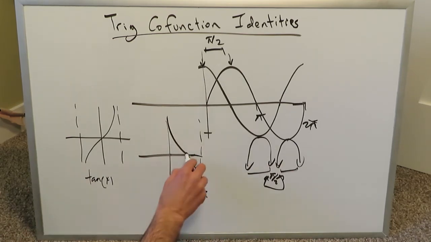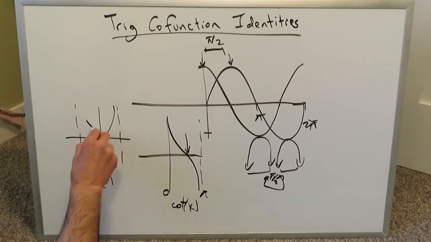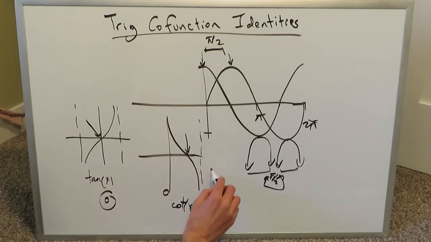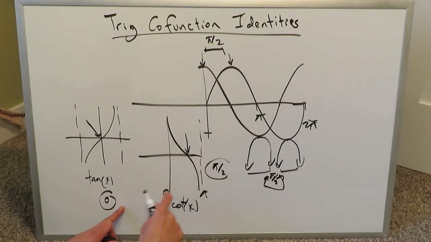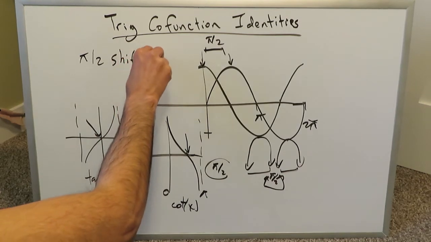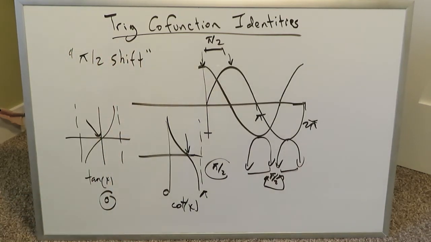this. But if you look at this intersection point right over here, and this right here is my cotan x, and you look at this intersection point over here, the intersection point on tan x is at 0, the intersection point over here on cotan x is at pi over 2, and again these two points are pi over 2 apart, so there's a pi over 2 shift which you're seeing in all of these functions. The sine and the cosine have a pi over 2 shift, the secant and the cosecant have a pi over 2 shift, and the tan and the cotan have a pi over 2 shift. Just an interesting fact. We will look at the derivation of these 6 cofunction identities in the remainder of this